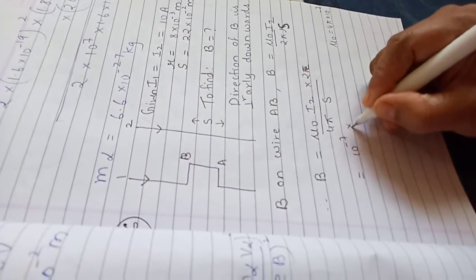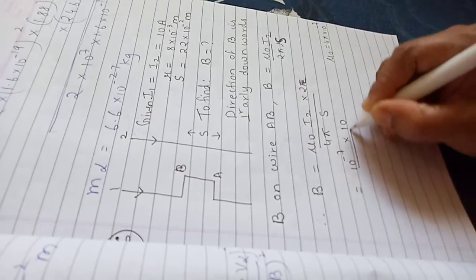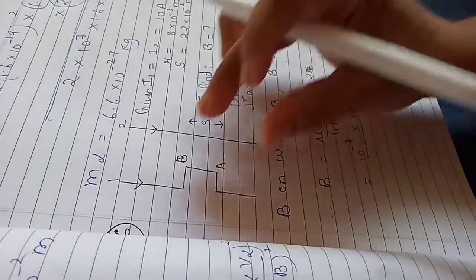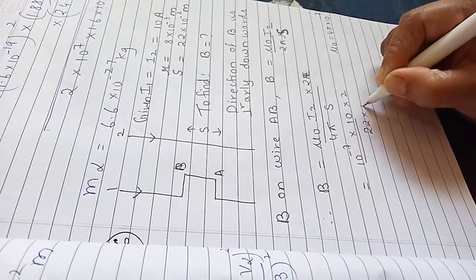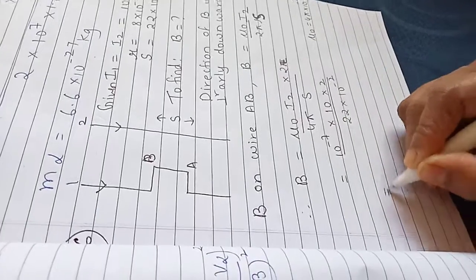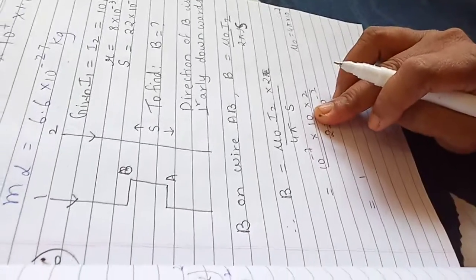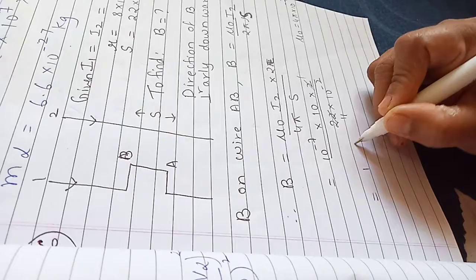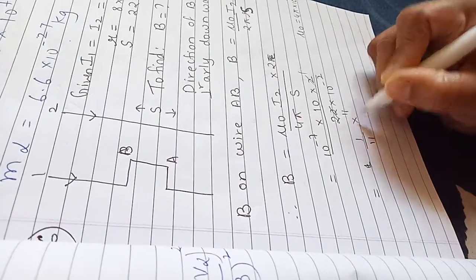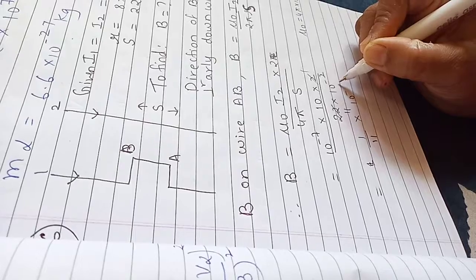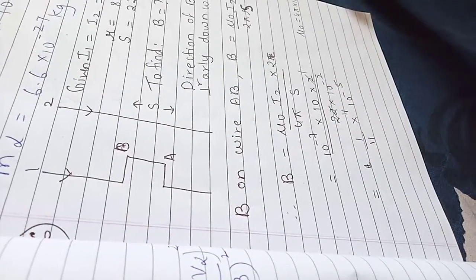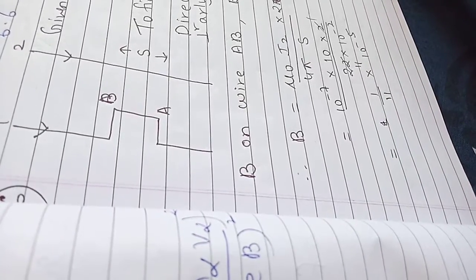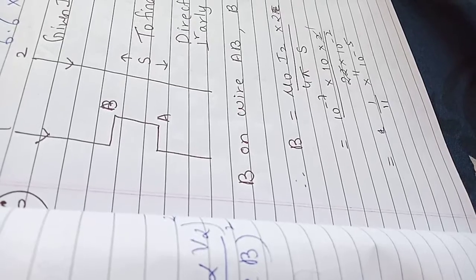If I multiply and divide by 2, what is I2? I2 and I1 are same. 10 into 2 divided by length AB. What is length AB? 22 into 10 raised to minus 2. What about the answer here? It is 10 raised to minus 6. This is 2 1s are 2, 11s are 1 upon 11 into 10 raised to minus what? Minus 5. 1 upon 11 into 10 raised to minus 5. Are you okay here? One answer. That is 10 upon 11 into 10 raised to minus 5.